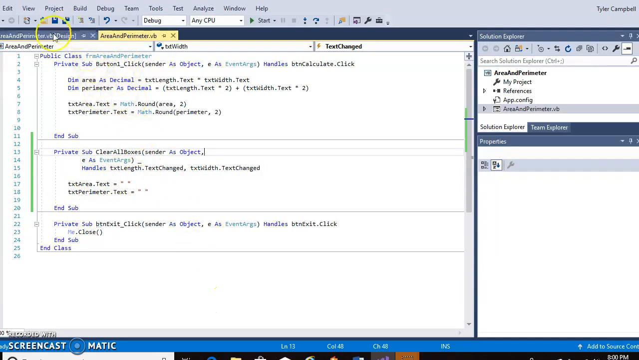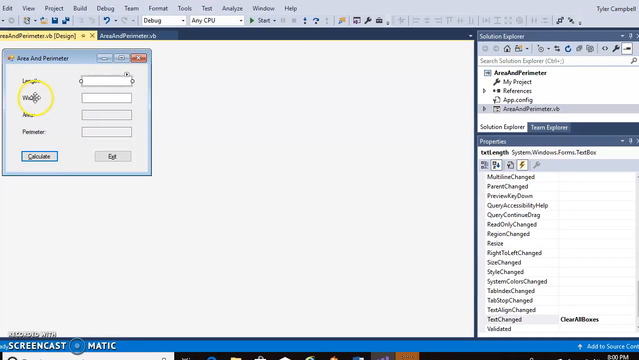So if I go to design, if I click on this one here, if you look, I clicked earlier on the events tab here, and for text change, it calls the clear all boxes, and then same for the width. I went to events and text change, clear all boxes. So if we run that,